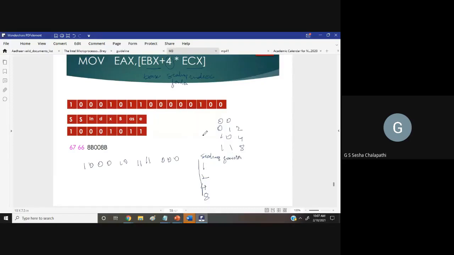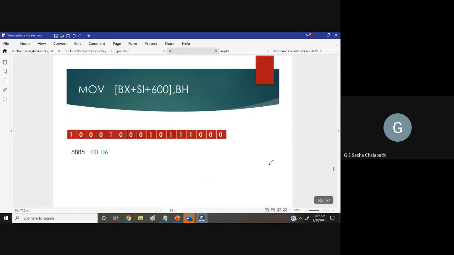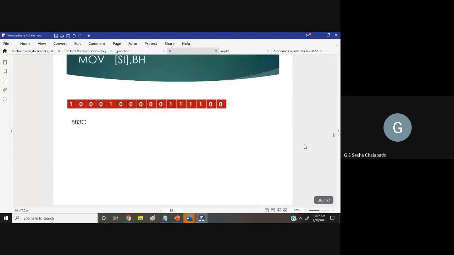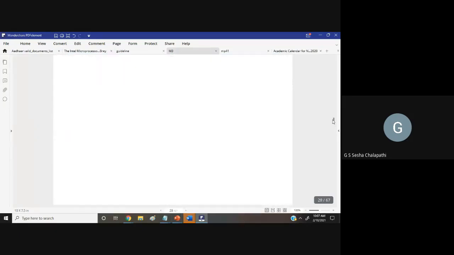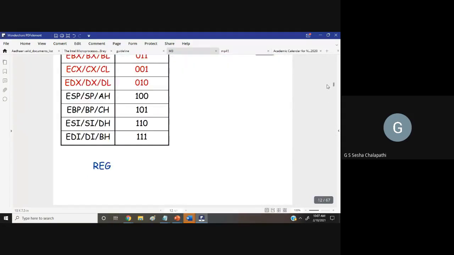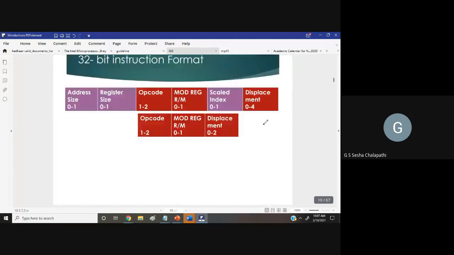Right? Okay, so the template of this instruction will be as we have seen a few classes back. You will have the scaled index factor in between. So you will be using this particular template. If you have an address override, you will have that address override, then register override, opcode, mod reg r by m field, and then you will have the scaled index. So this extra byte that you have will be inserted here.